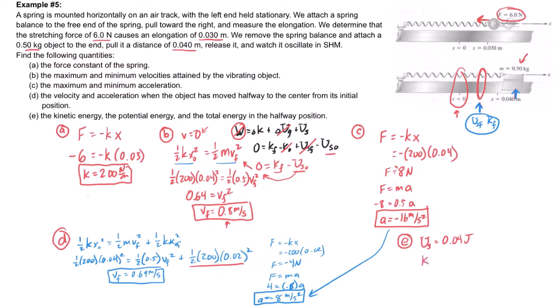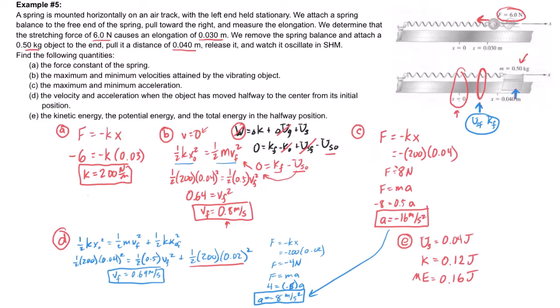And then we're going to do the kinetic energy, and the kinetic energy is going to be 1/2 times the mass, which was 0.5, and then times the velocity at that point, which was 0.69, and we're going to square that, and we should get a number like 0.119, so I'm going to go ahead and round it to 0.12, sorry. And then we can add those together to get the total energy. So the total energy, mechanical energy at that point, is equal to